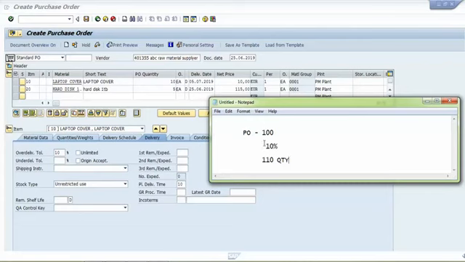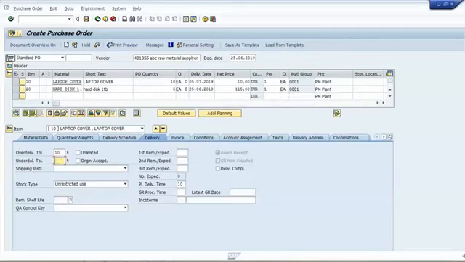Let us say we raise a purchase order for 100 quantity, and under delivery tolerance we have mentioned as 10%. So at the time of goods receipt, the system will accept up to 90 quantity. Why? Because we have mentioned the under delivery tolerance as 10%.